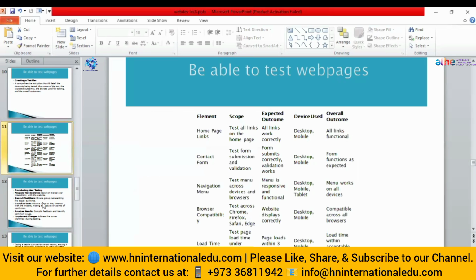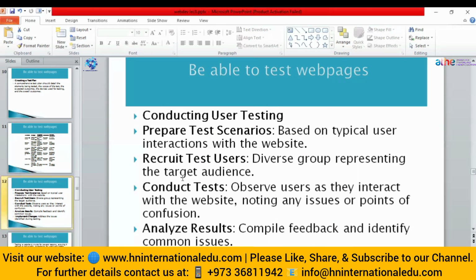Now you have to conduct the user testing, meaning just the documentation. What is documentation? Whenever we deliver our website to our end user, we create a manual for them, showing how the original product will look after completion. So the manual will contain all the information about that.